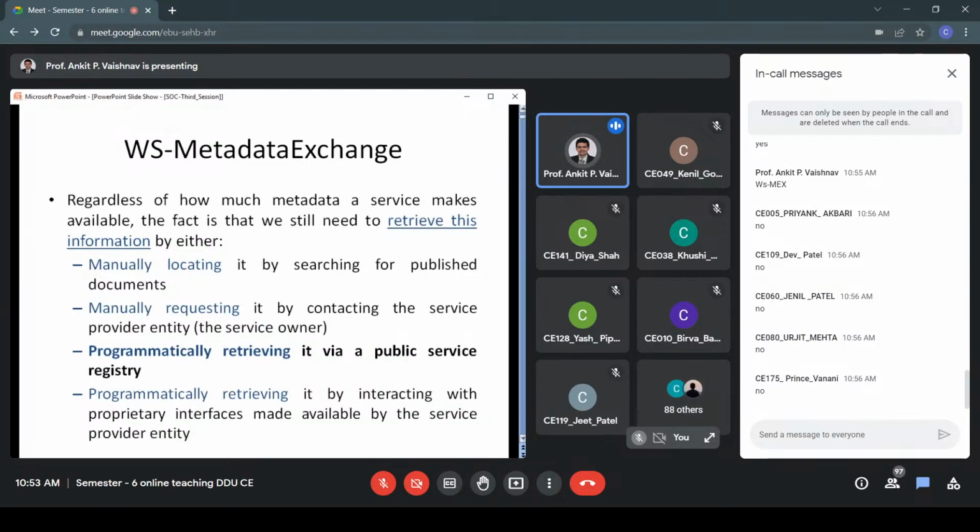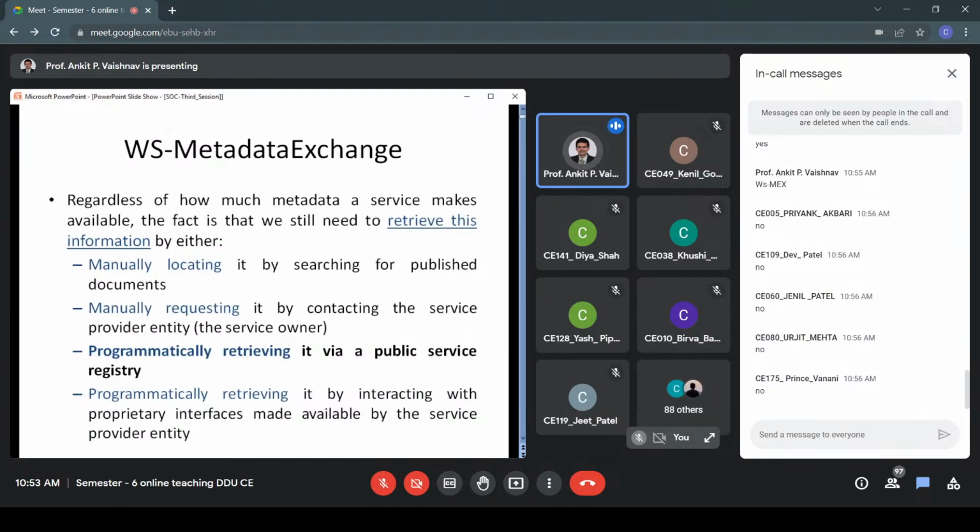So suppose if it is a weather service, or a currency conversion service or something like that, then that might already be available on web. They might have published that on their website or somewhere else, right? So we can simply search for it manually. And if we find that this is a good service, you will download its metadata and you will connect to that service, right? So that is manual location.